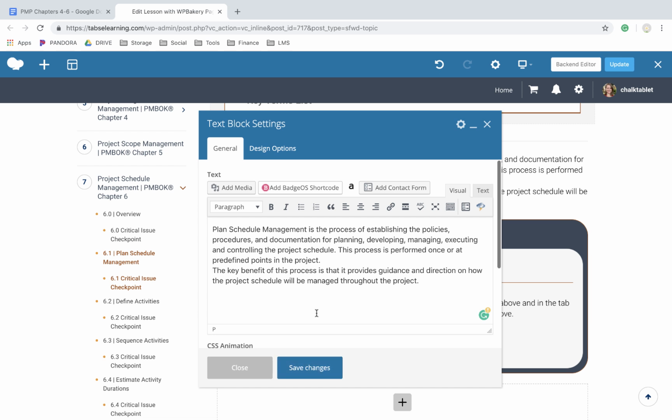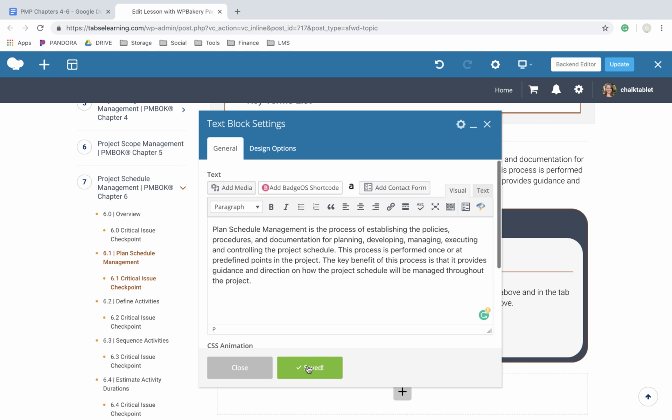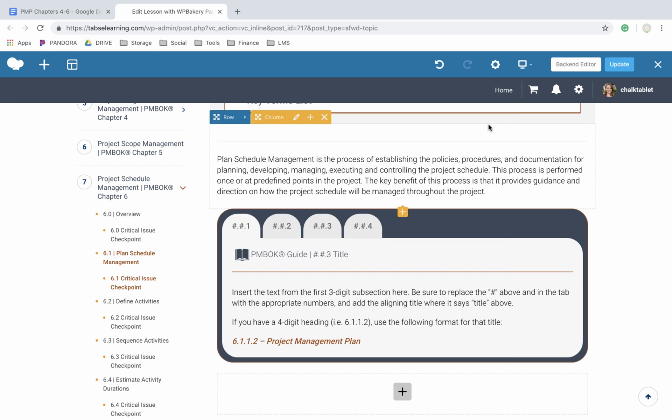And for this, it kind of looks funny to have no space between these 2 paragraphs. So I'll just make a brief edit, and I probably just want to pull that up so it's 1 paragraph. And I'm going to save my changes. And then I'm going to X this. And the most important thing